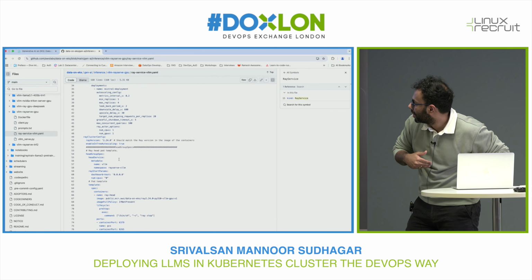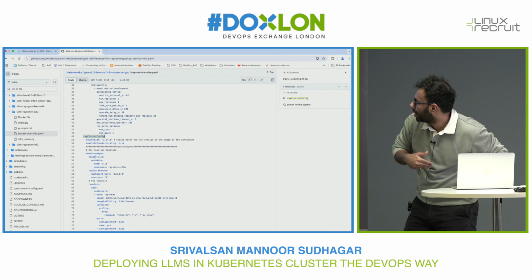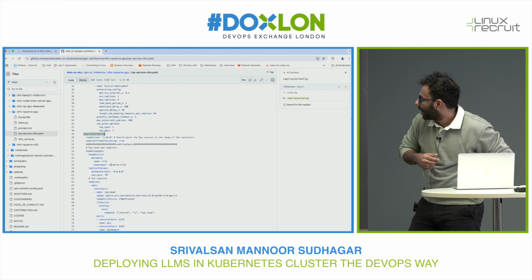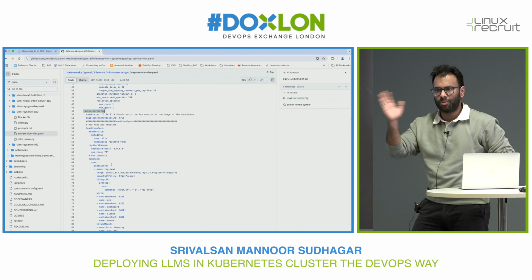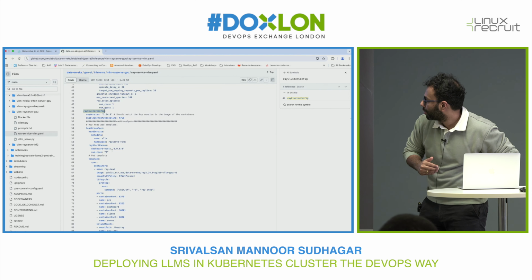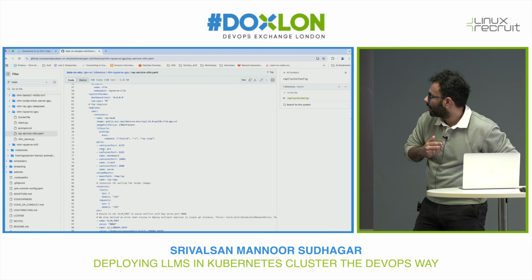You can also see here the Ray cluster config, where I define the head pods as I spoke about in the architecture. Ray also gives you a dashboard where you can monitor the health of the application. So you define the dashboard host, and you define the ports so that you can access those.